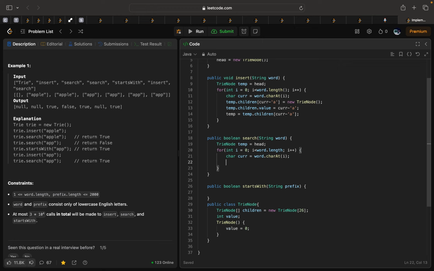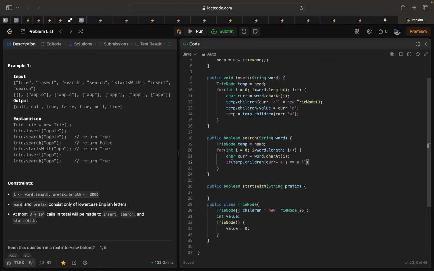Now we will check if this temporary variable's children at this position is null,